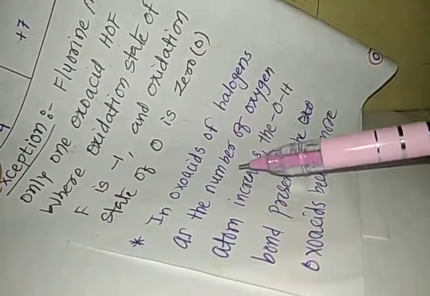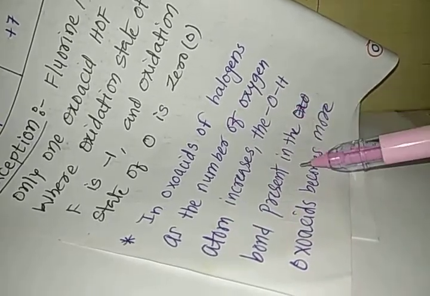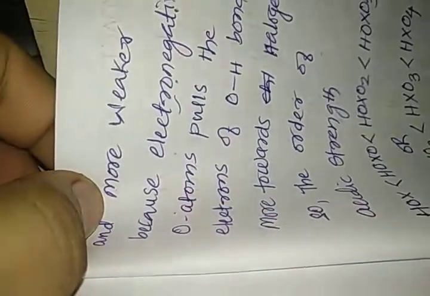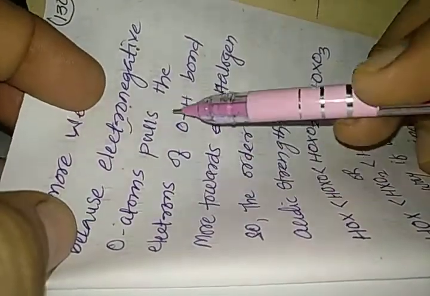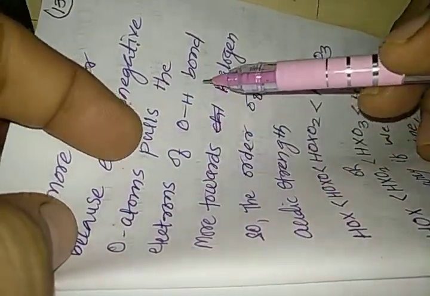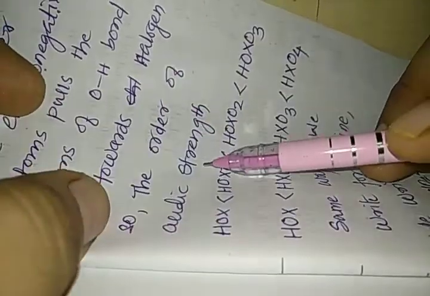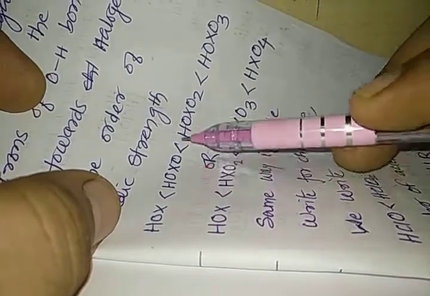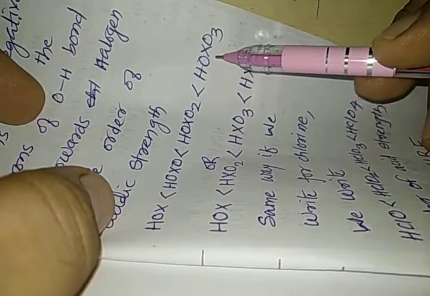In oxoacids of halogen, as the number of oxygen atoms increases, the OH bond present in the oxoacid becomes more and more weaker, because the electronegative O atom pulls the electrons of the OH bond more towards the halogen. So the order of acidic strength can be HOX is less acidic than HOXO, which is less acidic than HOXO2, which is less acidic than HOXO4,